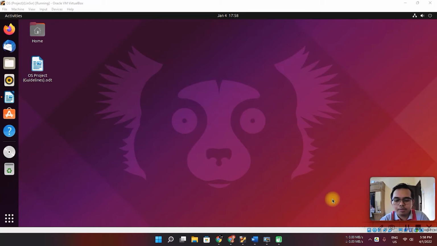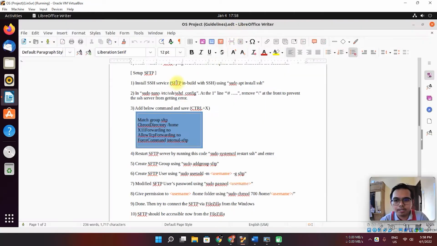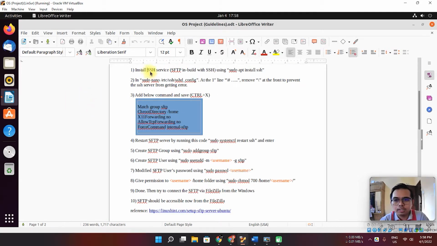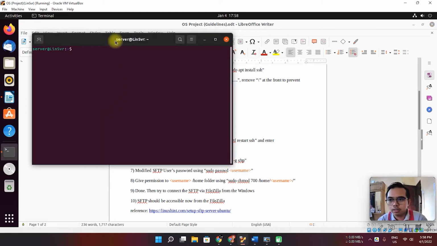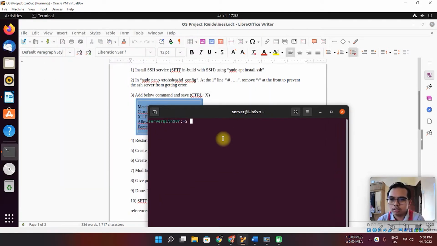Today we will be doing the second part of the video, which is installing an SFTP server on Ubuntu. Firstly, I have provided the guidelines earlier, which you can open here. We first have to install the SSH server, because the SSH server already comes built in with the SFTP server. Let's open the terminal and install SSH with sudo apt install